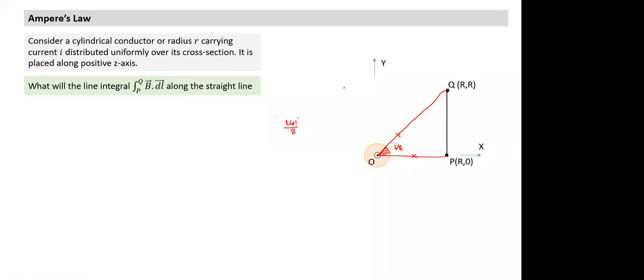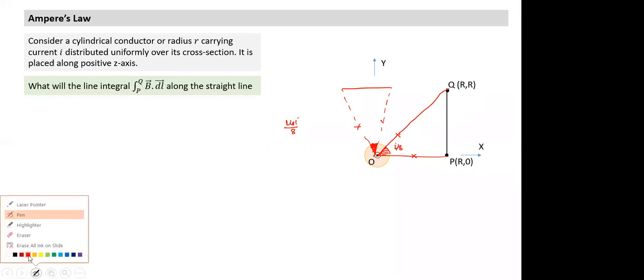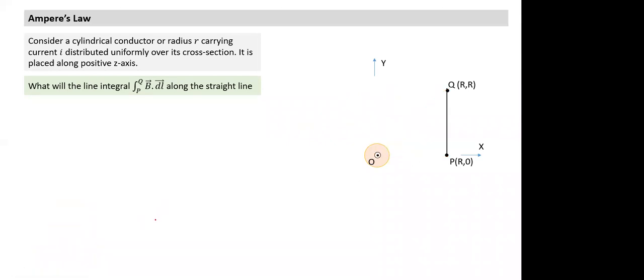Whichever shape is given, any straight path, all I need to do is connect the straight element to the center. The moment I connect the straight element to the center, these 2 will have 0 value. All that is needed is this value. So I hope you have followed this particular point. Gayatri, have you understood this? Yes, sir. Khyati? Yes, sir. Aditya? Pritam? Yes, sir. Is it understood? Yes, sir. Understood. Okay.